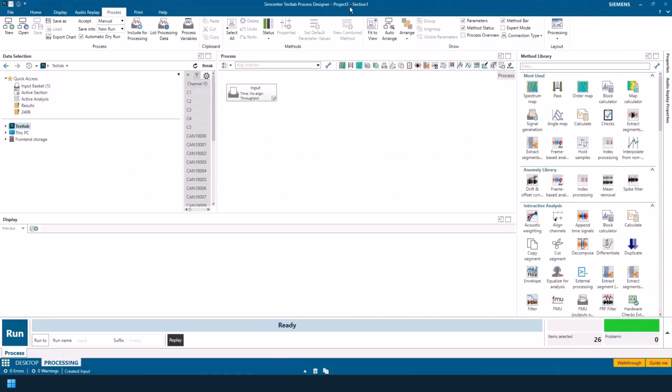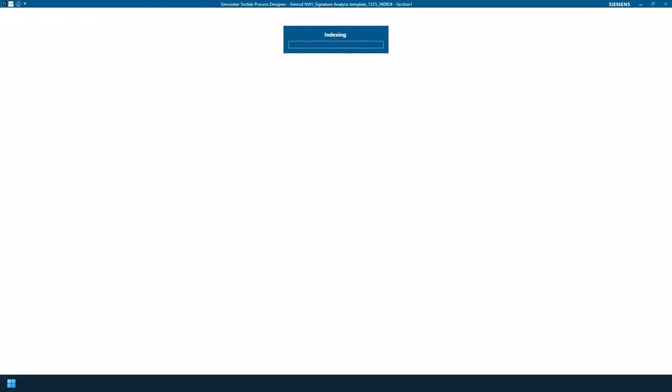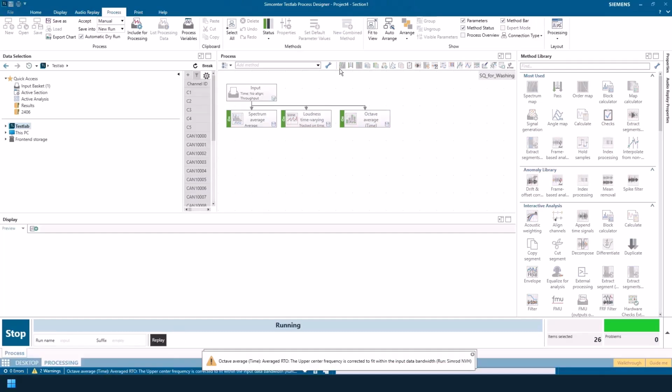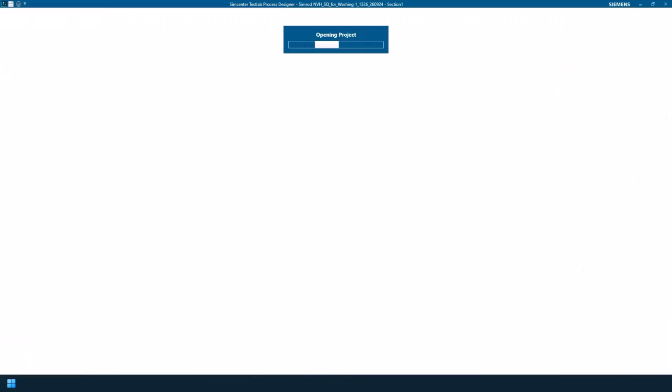okay, so it's opened another project now. It's going to switch over to Process Designer. It's going to do the first signature test, the signature analysis I showed you. Once that's done, it's going to switch over to the human body vibration and store those results. So it's actually running Test Lab, not in the background. You see it actually. So if you had a remote computer this is running in, you'd actually see that it starts Process Designer. It's giving me a warning, so it's going to calculate, but it's giving me a warning. So maybe I'm not meeting some of the frequency metrics.